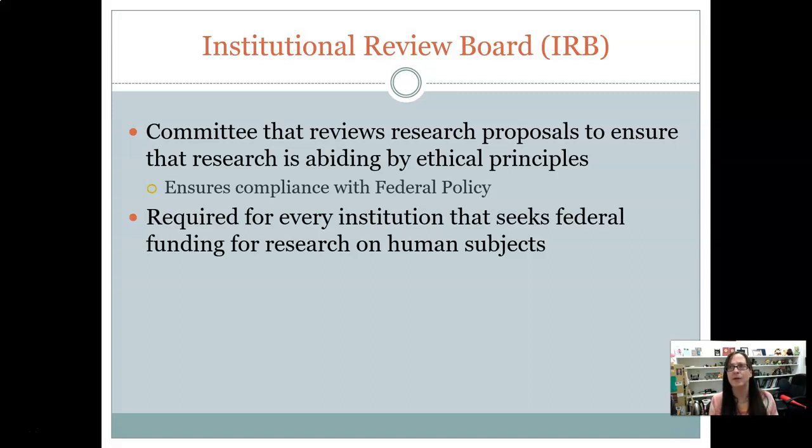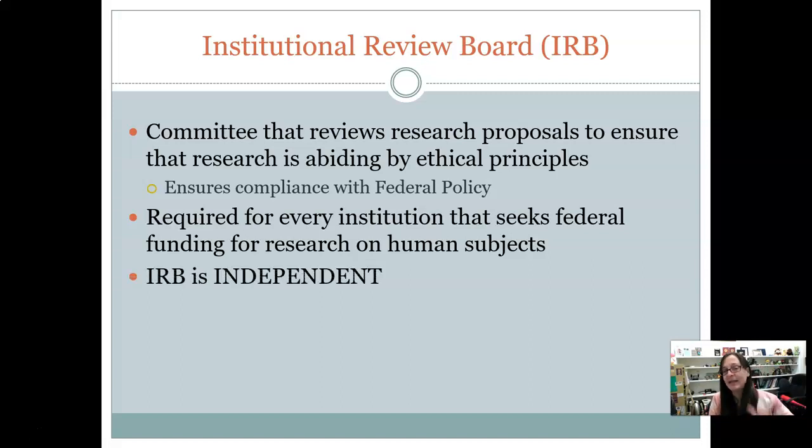There are also some places that just do research, so it's not tied to a university, but if they're a research institution or research body that is receiving federal funding, they would be held to the same standards. So anytime there's research done with anybody tied to an institution that has any kind of federal funding, they have to have these IRBs, and they have to get that approval before conducting any research.